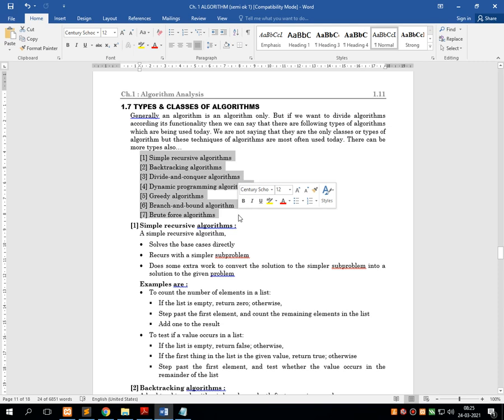These are simple recursive algorithm, backtracking algorithm, divide and conquer algorithm, dynamic programming algorithm, greedy algorithm, branch and bound algorithm, and the last one is the brute force algorithm.